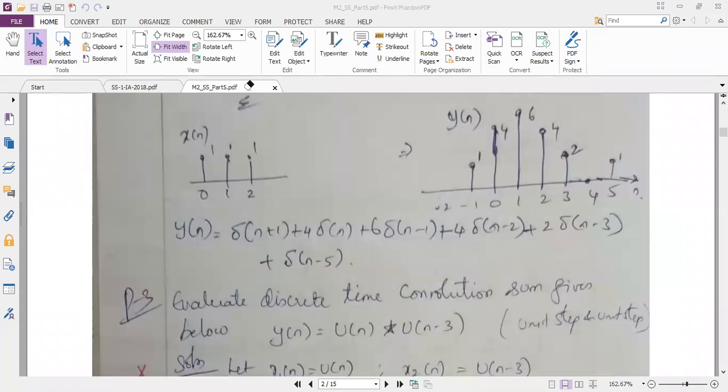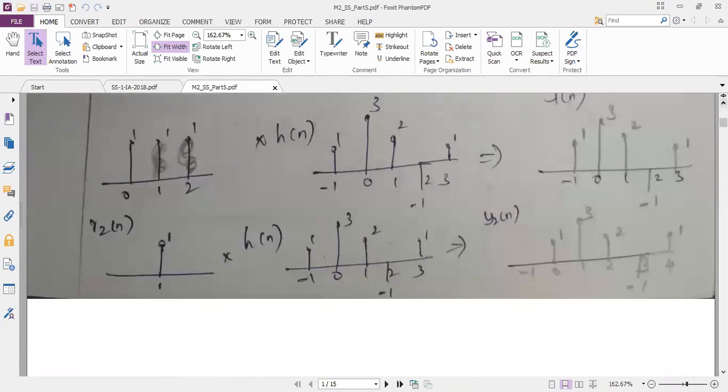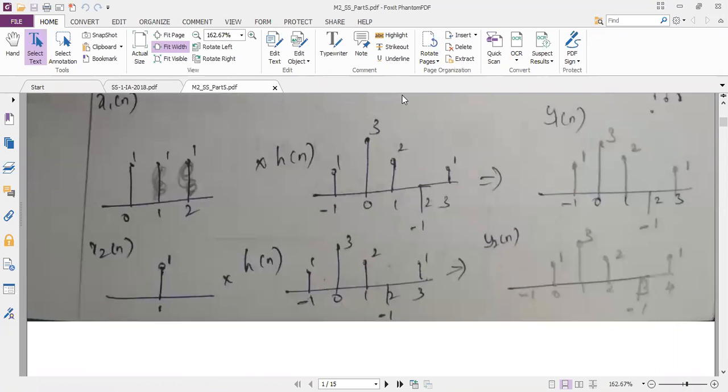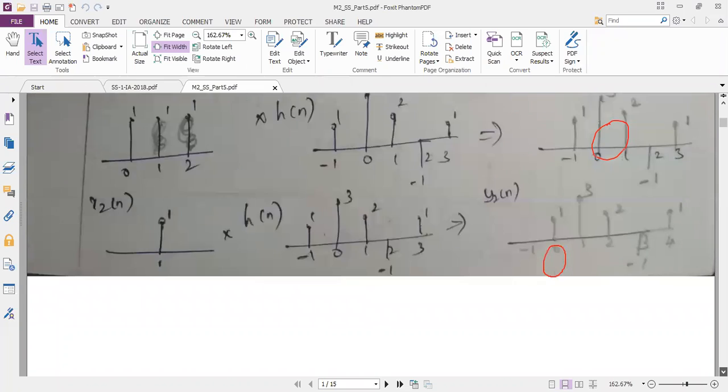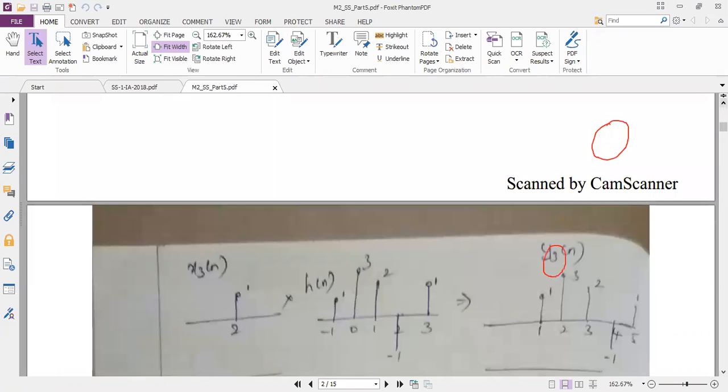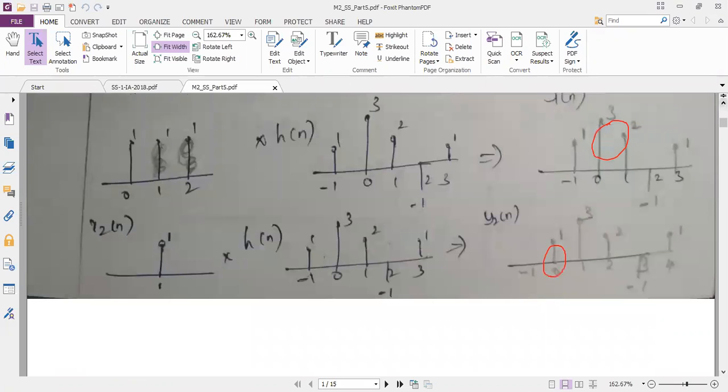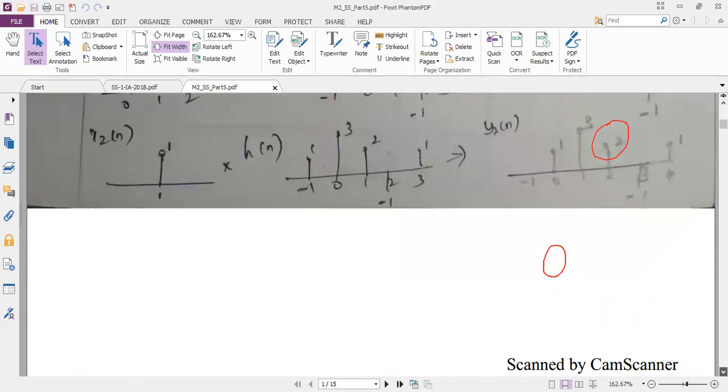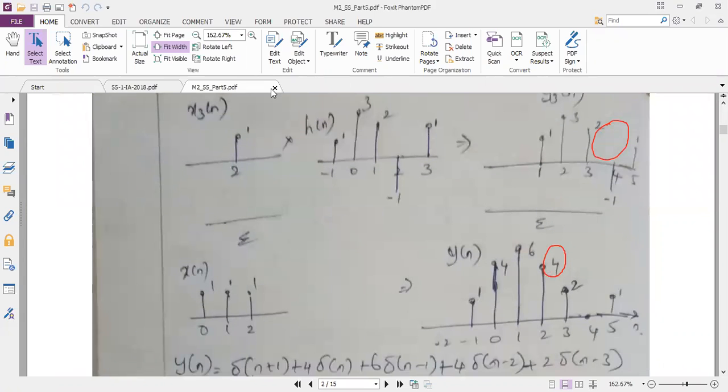Similarly, can you see the screen and tell me what is the next answer? If you compare the first two outputs, at 0, I have some amplitude. In the first output the amplitude is 3, and in the second output I have an amplitude of 1. So 3 plus 1 is 4. Let me check if I have anything at 0 in the third output. I do not. So my next answer is just 3 plus 1, 4. You can see on the screen, at n equal to 0, my amplitude is 4.